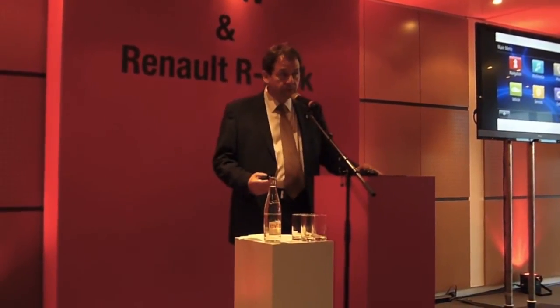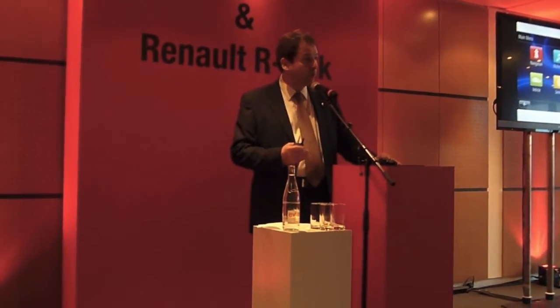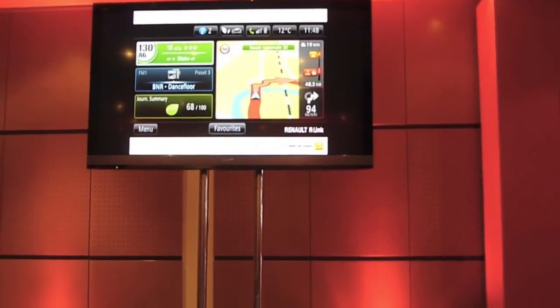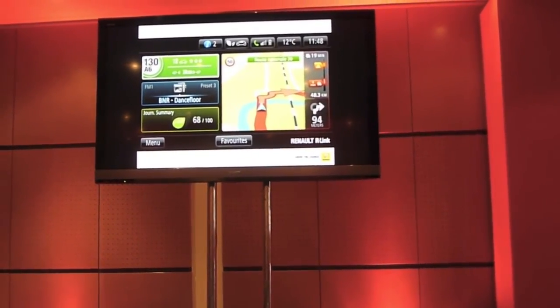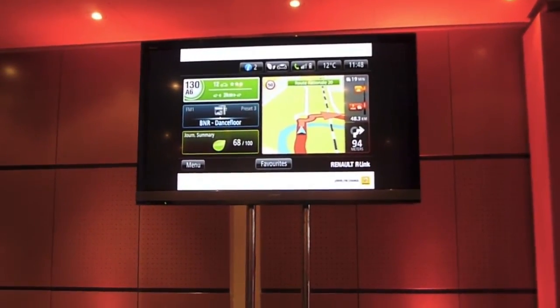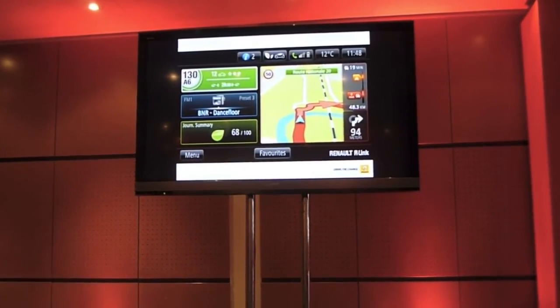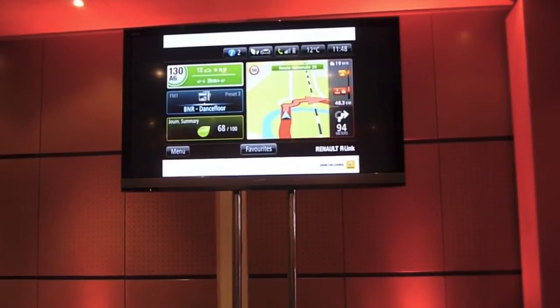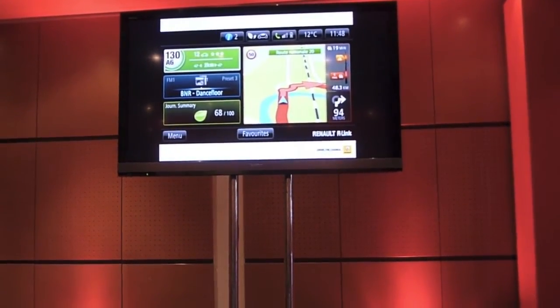You might think that today the trend for smart objects and connected objects is true everywhere. You have smartphones, you have tablets, you have TVs that are connected, you have everything in the house that is connected, everything is smart, and obviously cars are no exception to this. Other car makers have also brought forward proposals. They've also talked about different applications. What we're going to show you today is an offer that we believe is all new on the market and